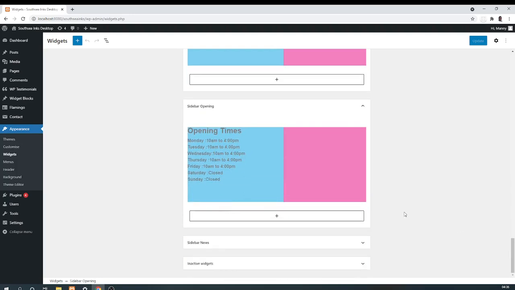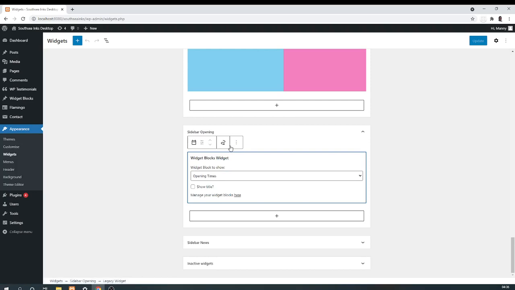For some reason the sidebars have taken parts of the background color and not all of it, and they shouldn't have taken any really, but sidebar opening, this is what sidebar opening looks like. Sidebar opening has something called a widget blocks widget. I use widget blocks here